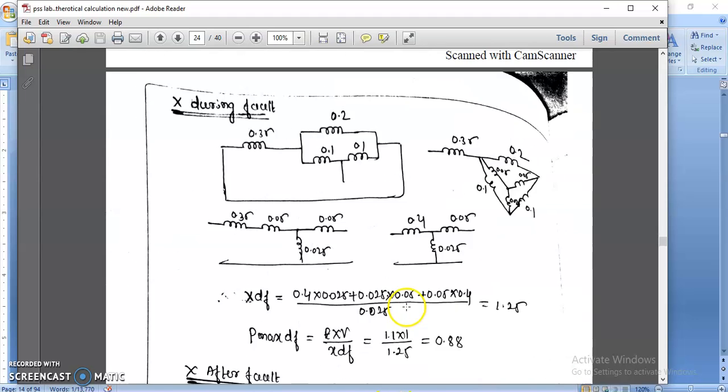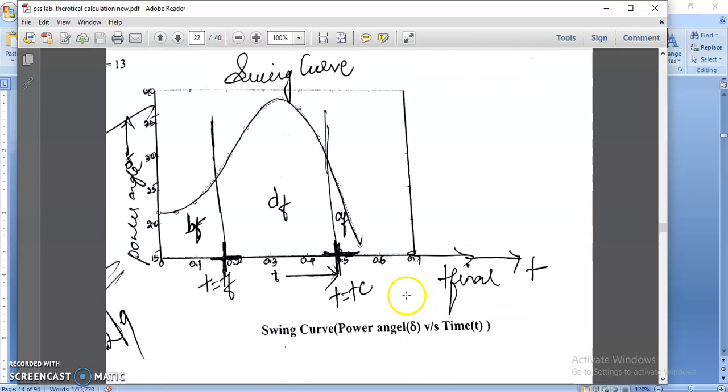So let us go to this swing curve and see how it explains. Just have a look at this swing curve. I will divide it into 3 sections: before fault, during fault, after fault. This is T. If T is less than T final, we get all these things. One we will get T equals TF, and then you will get T equals TC. If T equals TF, I will make it like a quadrant. This left side is before fault, this is during fault. If you take T equals TC, we are taking it like a quadrant. This side I will take minus, this side I will take plus. This is PA plus, this is PA minus, like that I will be taking PA plus, PA minus.